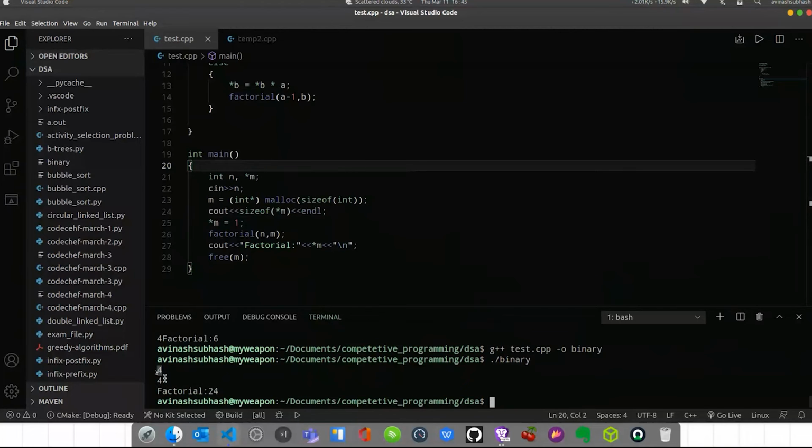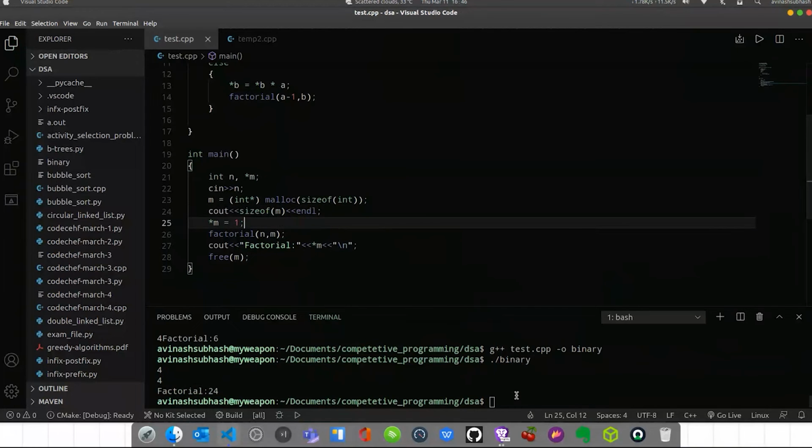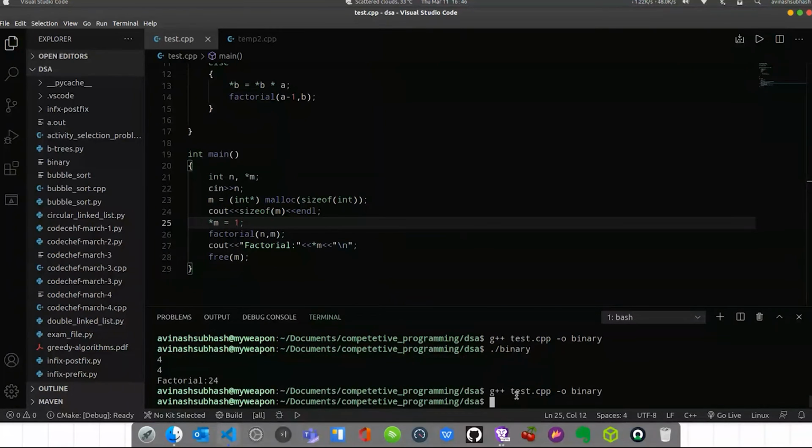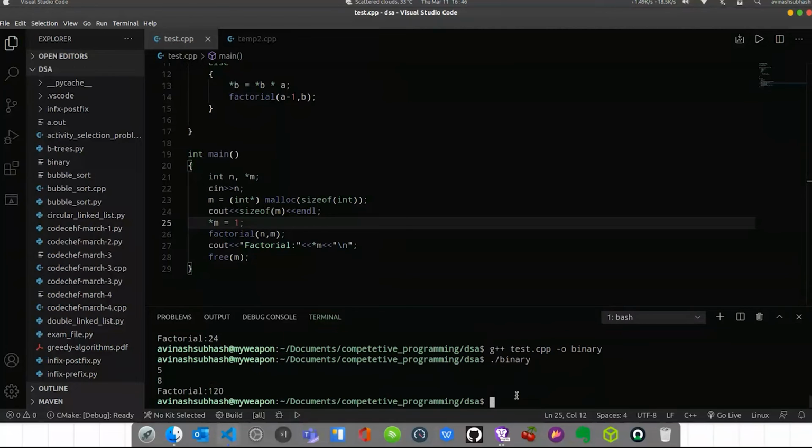This is the input and this is 4. So what exactly is 4? This is the integer size. Here we have 4 bytes as the size of an integer. This will give 4 bytes to m. And one other part is that if we remove the star and run the program again, and we give 5, now it's giving 8.